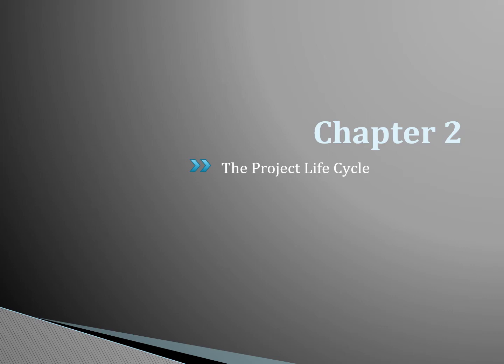Projects, as we discussed in the last chapter, are temporary endeavors. They have a start, they have an end, and they are put in place to achieve a set of business objectives. This is similar to living things, that they have a beginning, they have an end, and there's a purpose for them. So there comes the analogy of having a project life cycle. So project life cycle is whatever happens between the beginning and the end of the project.